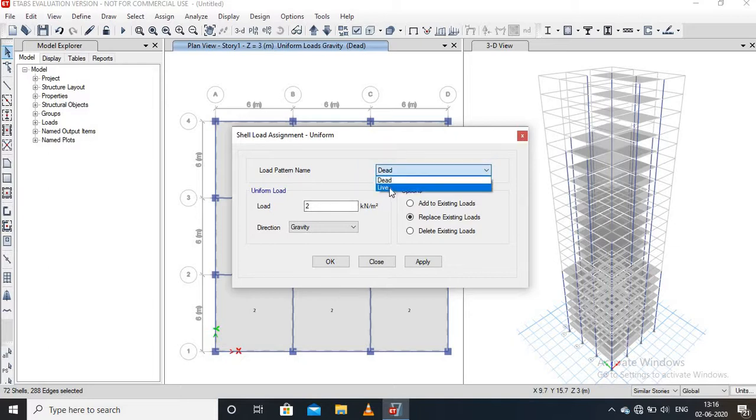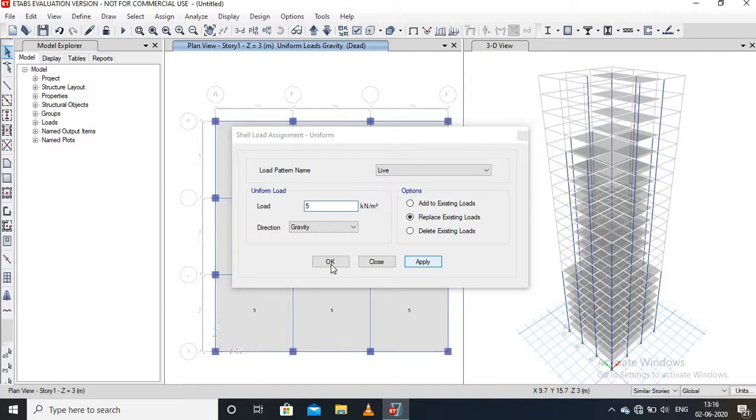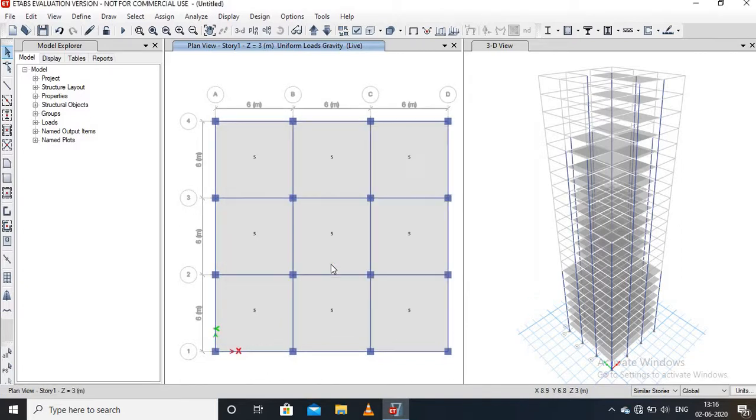Load pattern type is live load. Then first 5 kilonewton per meter square is applied. Then apply, then press OK. Therefore, live load of 5 kilonewton per meter square is applied on story 1 to story 8.